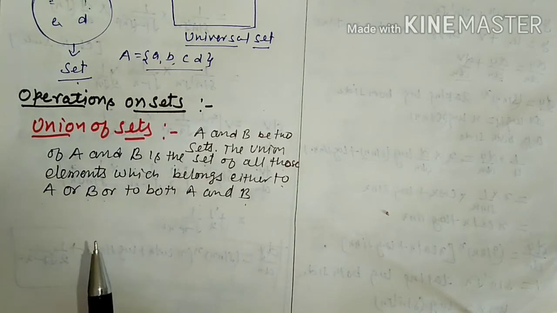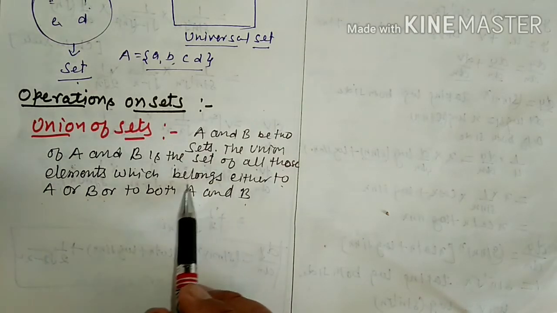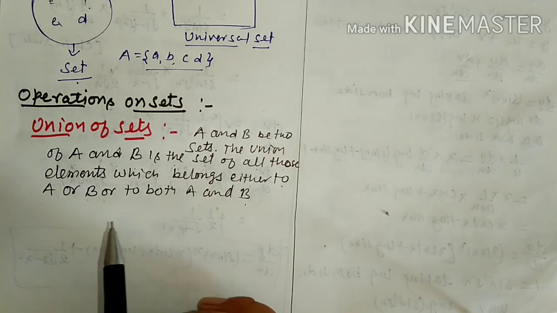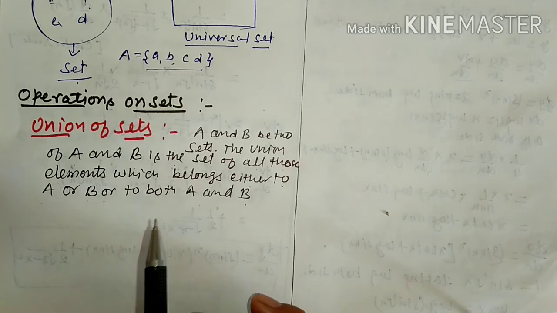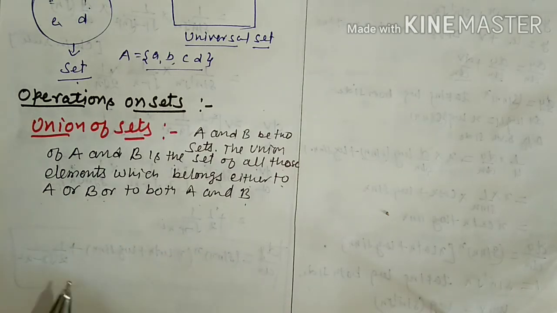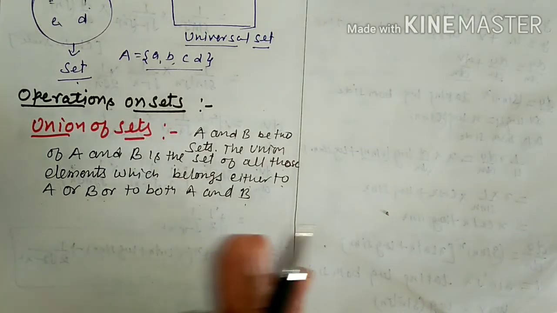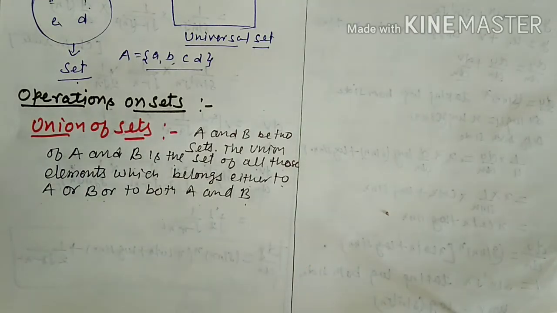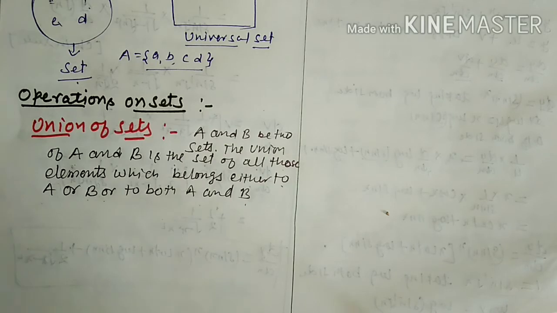Clear? A union B means we are selecting all the elements of set A, also of set B, and the common elements of sets A and B. But one thing we have to remember, that the common elements are taken only once. Means जो common elements हैं आप उन्हें सिर्फ एक ही बार collect करेंगे. If you collect these common elements from A, then you will not collect them from B. एक से आप collect कर चुके हैं elements को, फिर B से नहीं करेंगे अगर common elements हैं. Clear?